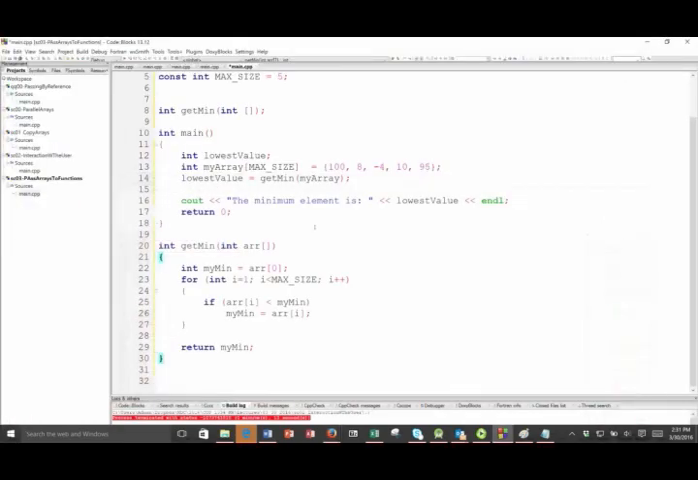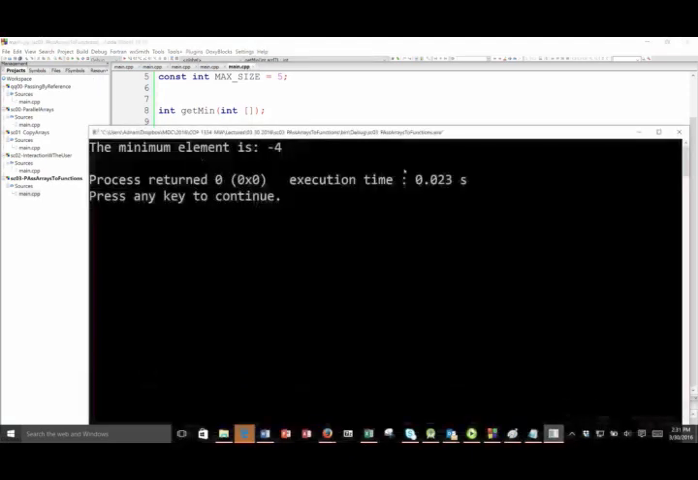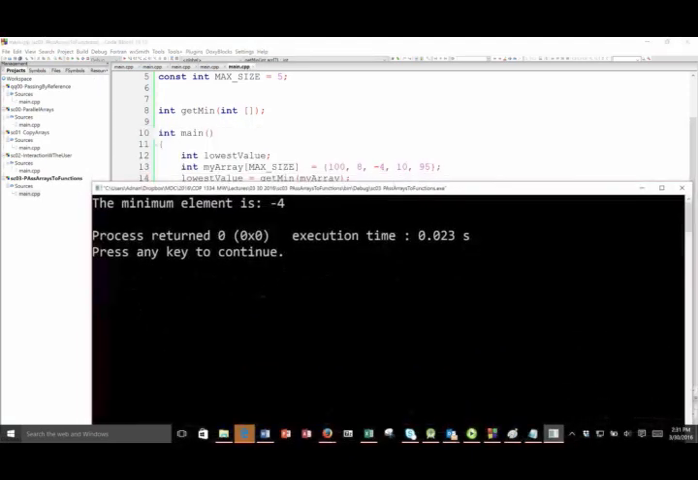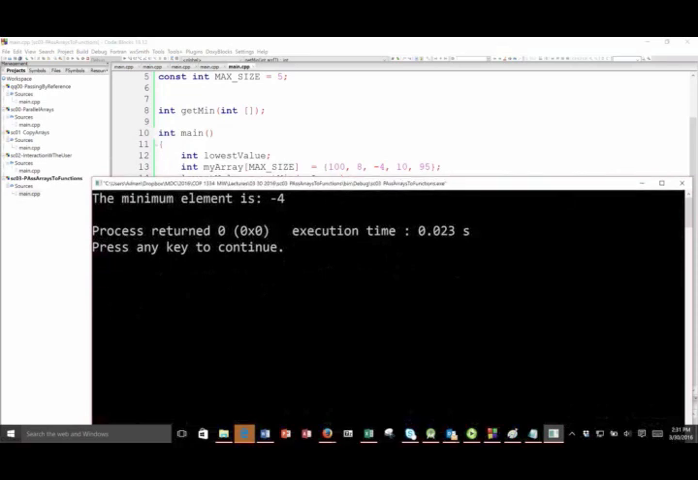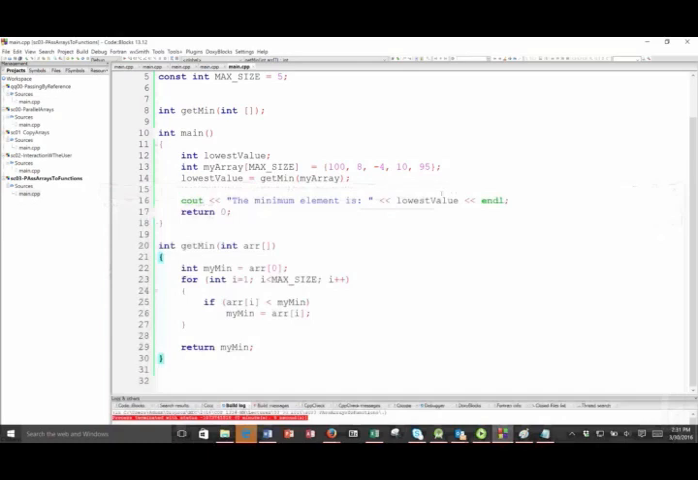Okay, so let's run it. Let's see what it does. So minimum element is -4. Is it? Yes, it is. Now, why is it important that you pass